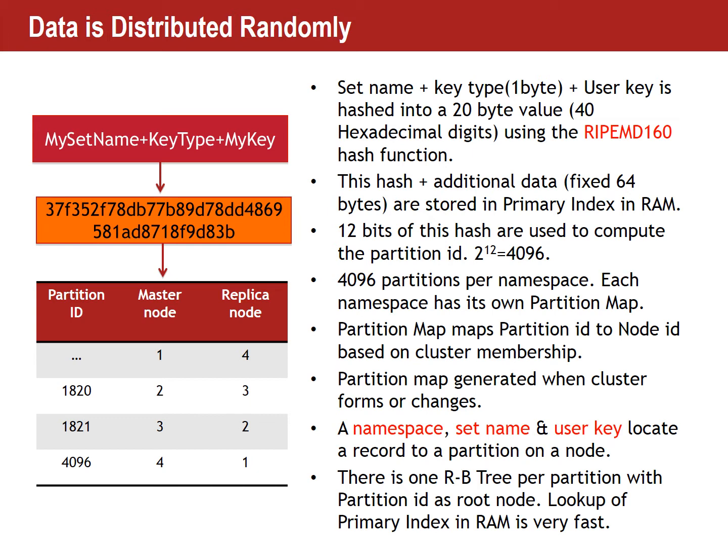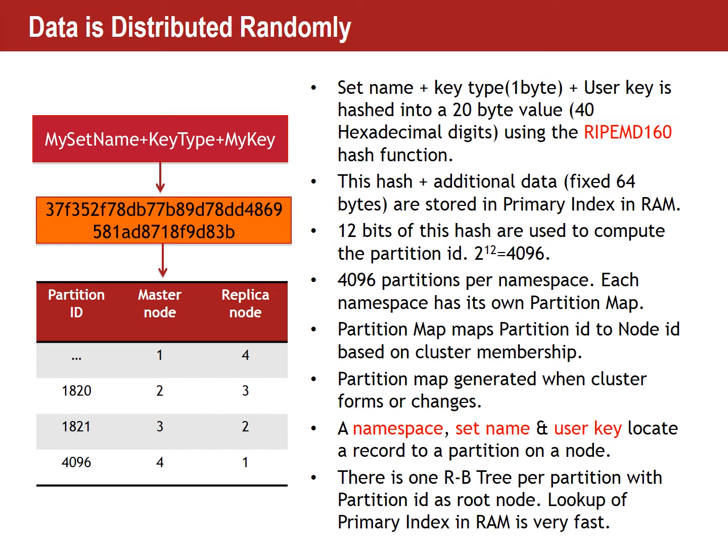So the way the client connects to the server is that you give it a seed node, and that seed node provides the client library all the IP addresses of all the nodes in the cluster, and then the client opens direct connections to each node in the cluster and polls each node for its share of the partition map, and from that it builds the full view of the full partition map. And from this algorithm, it knows exactly which record belongs to which partition and therefore which node is the master. So when you read a record, the client library just goes to the master node. And when you write a record, it writes to the master, and the master in turn writes to the replica